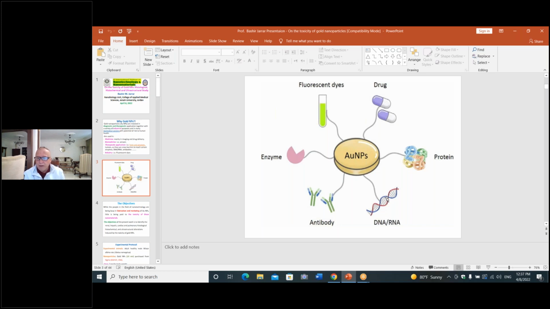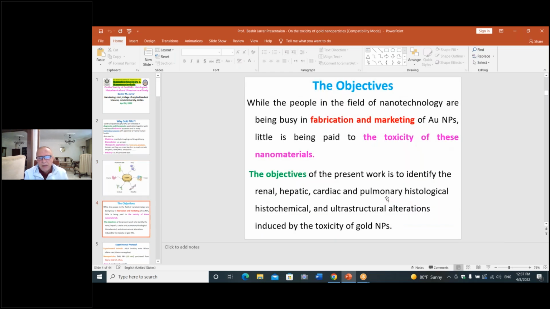Moreover, they are now widely used in drug delivery, as well as in the manufacturing of fluorescent dyes. So the rationale for this research is that people in nanotechnology are busy with fabrication and marketing of nanoparticles, including gold nanoparticles, while little attention is paid to the toxicity of these